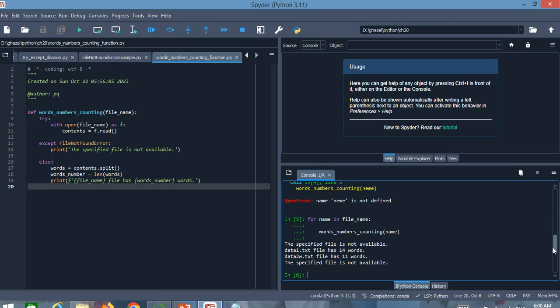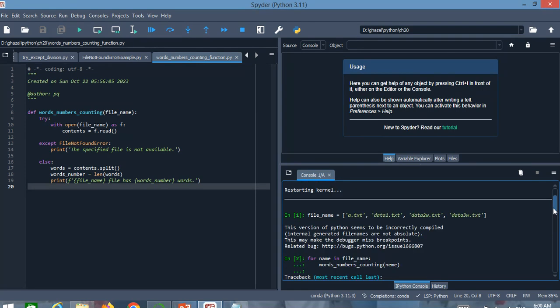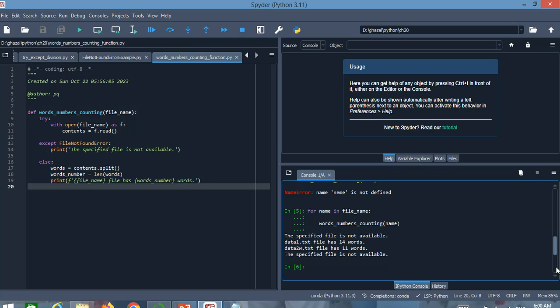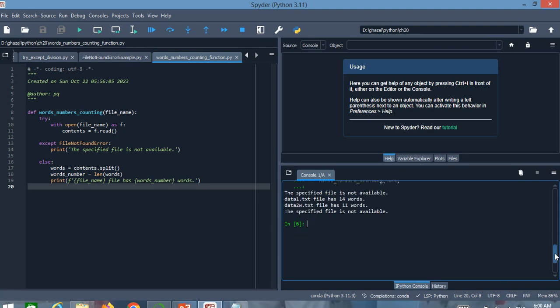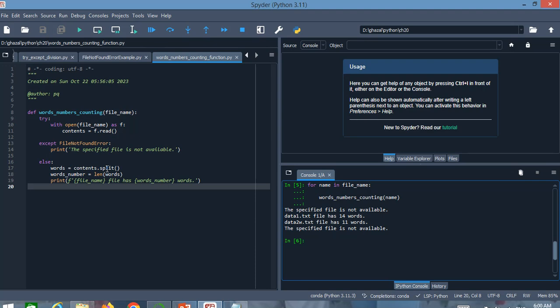You can see that because the first argument of this file name, which was a.txt, was not available in our current working directory, so the message "the specified file is not available" is printed here,